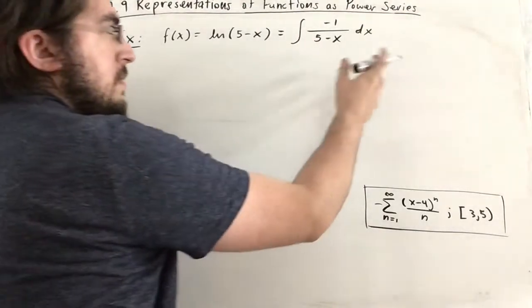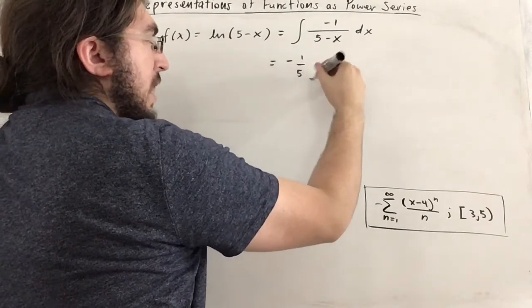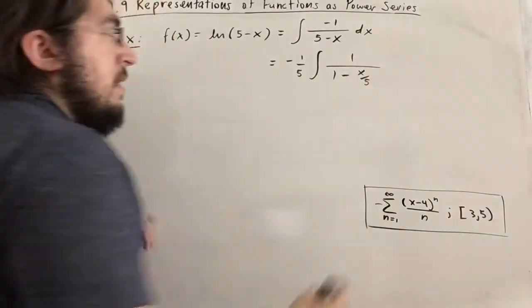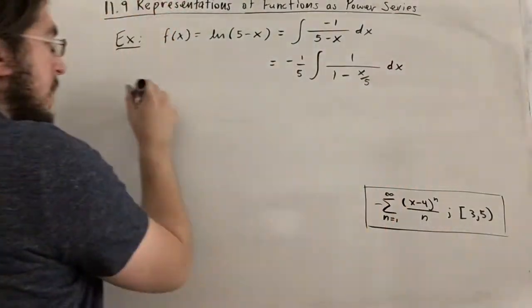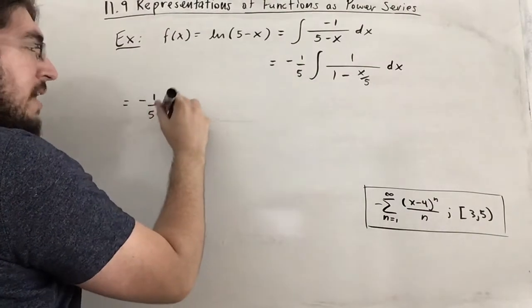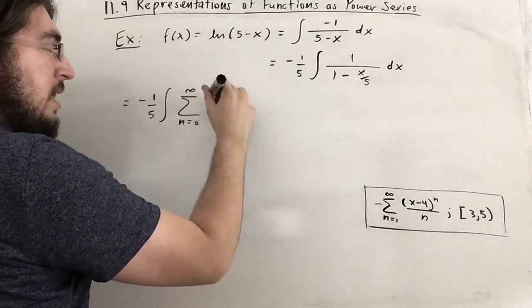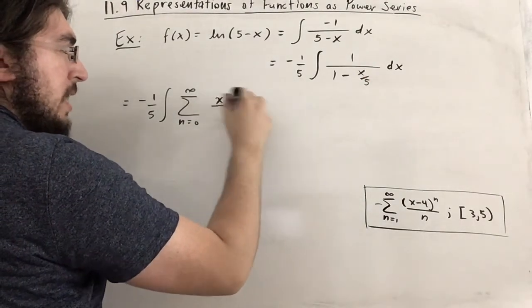So what I'm going to do instead is I'm going to pull out the negative 1 and I'm going to pull out the 5. So I'm going to pull a negative 1 over 5, integral of 1 over 1 minus x over 5. And you can verify that on your own, but this is legit correct. And what we end up getting here is negative 1 over 5 integral sum from n equals 0 to infinity of x over 5 to the n, which is x to the n over 5 to the n,